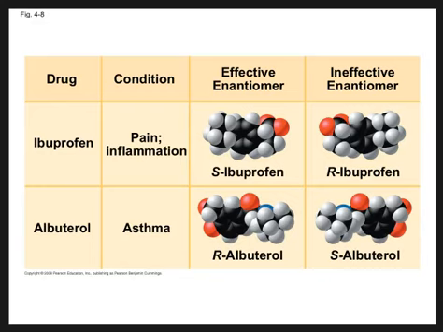Same thing when we talk about albuterol for the treatment of asthma. The R-albuterol works, the S-albuterol does not. It has little to no effect at all. So it's just this mirror imaging that can make all the difference. Okay,